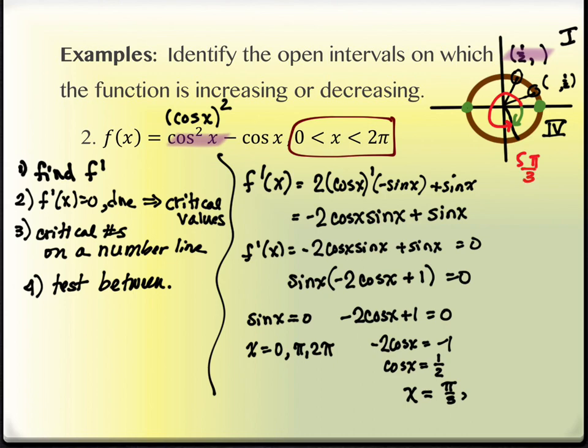Okay? And if you're not sure how we got 5 pi over 3, you can also just take 2 pi, which would be going all the way around, and go backwards pi over 3. So if you took 2 pi minus pi over 3, you get 5 pi over 3. So this is our second piece, 5 pi over 3. Technically I only have 3 critical values: the pi over 3, the 5 pi over 3, and the pi. The reason I say that I don't really have the 0 and the 2 pi is because those are my end values anyway. So as we go into step 3, we're going to put our critical numbers on a number